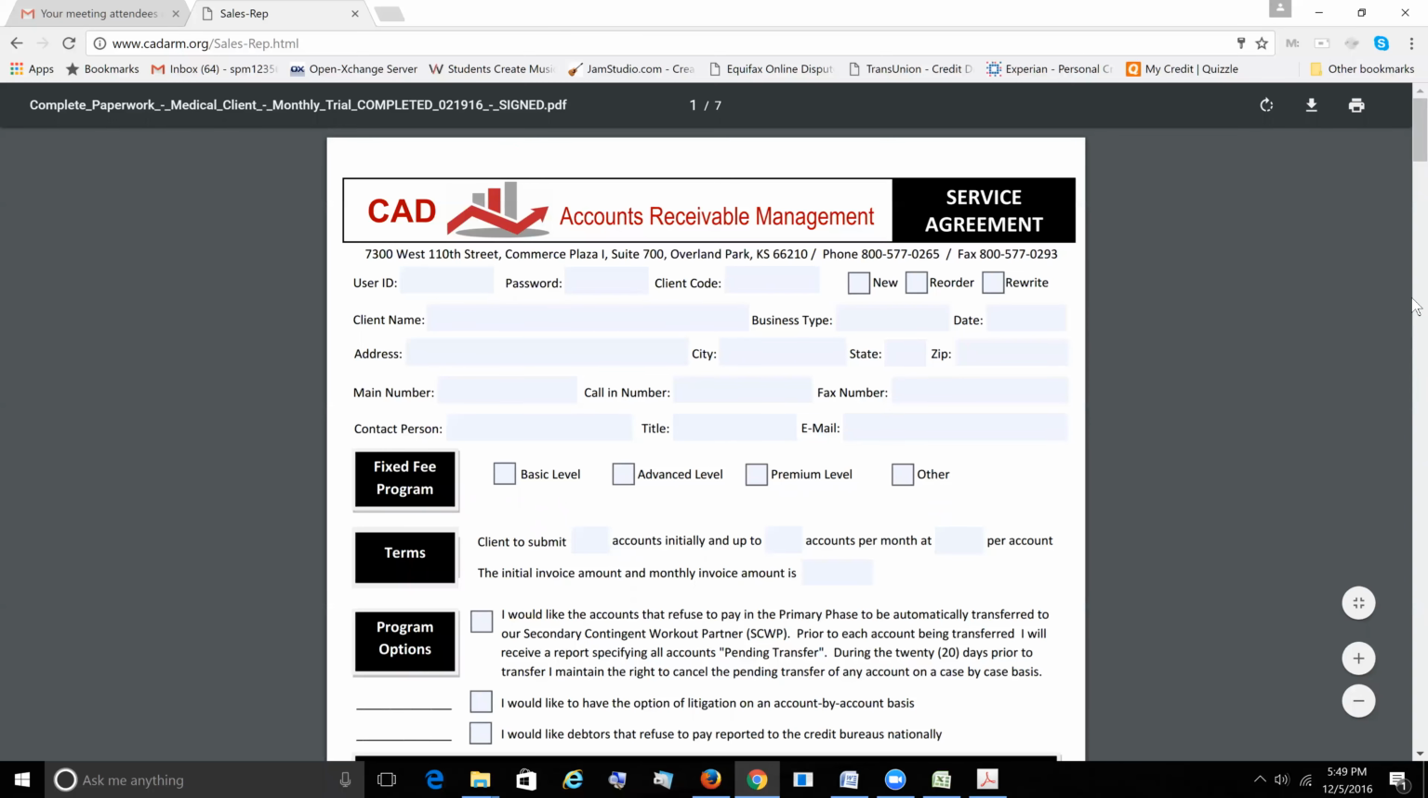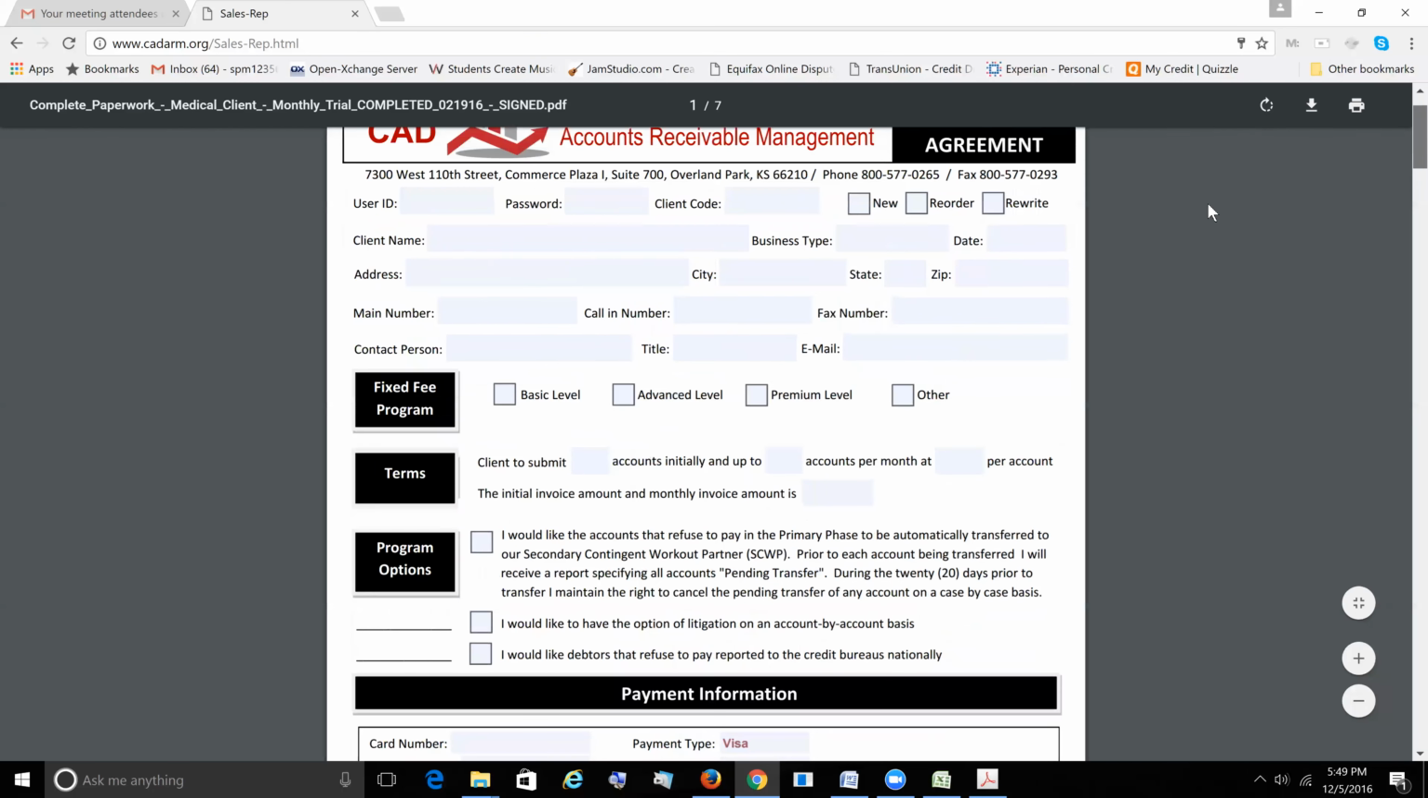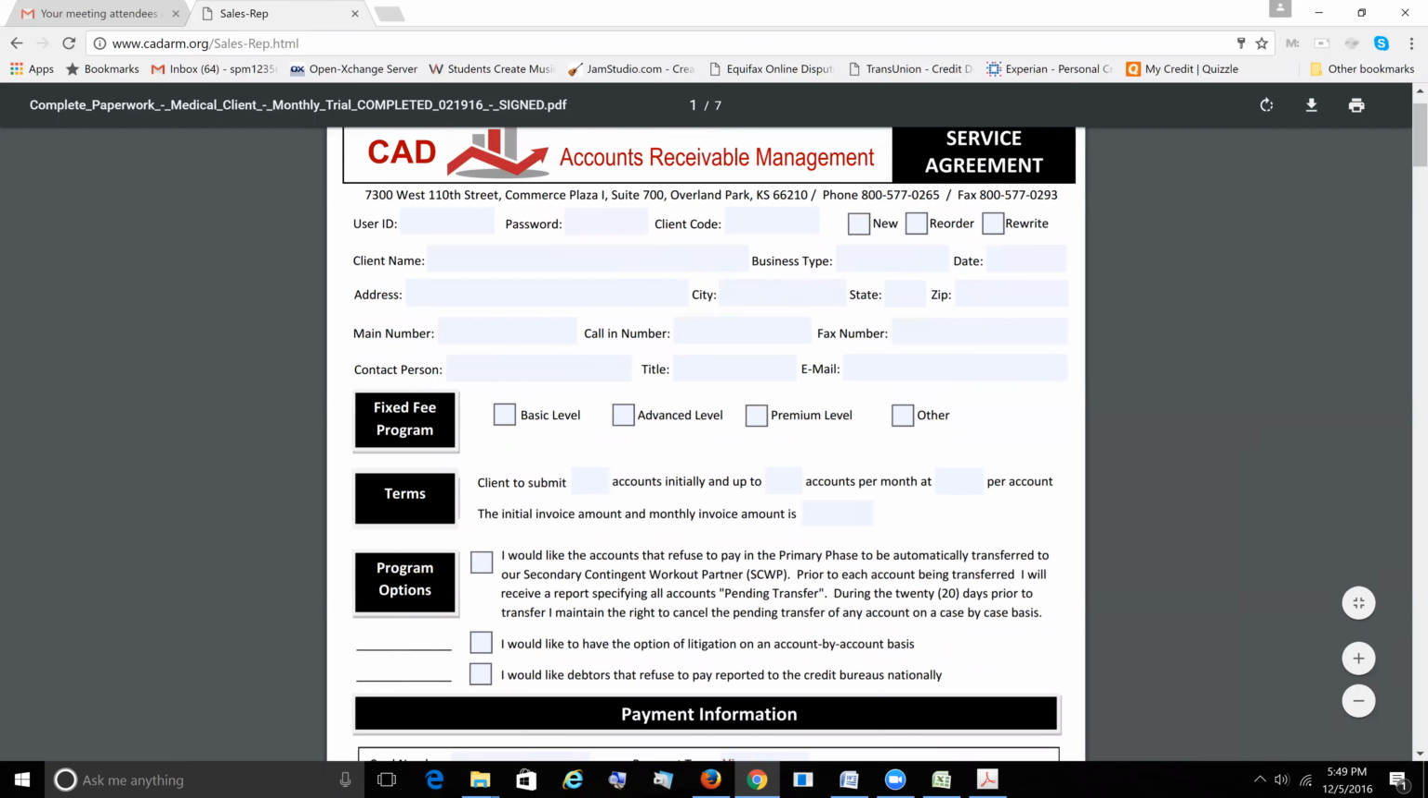Okay, and it'll come up here hopefully in a minute. And you fill everything out the same at the top. Then in this middle section under terms, client to submit 8 accounts initially and up to 8 accounts per month at 22. So you just tell them to put 8 in there and tell them to put 8 in there. And of course you won't see it, but then the $22 per account, the initial invoice, and the other is 8 times 22. I think it's 176, and tell them to put that in. Okay. And then of course you do the second phase that we went through earlier,